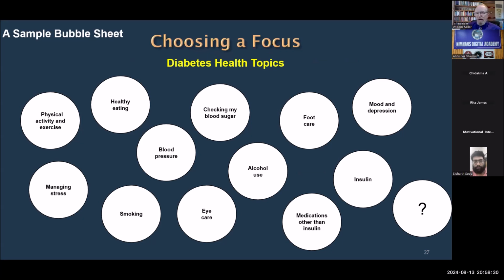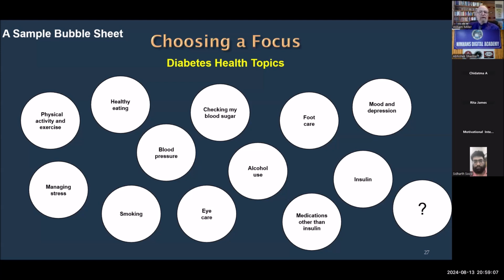Here's something we developed that we call a bubble sheet. And this one is pertinent to diabetes, but it could be pertinent to whatever topic you're talking about. But notice there are a number of bubbles here, and each one of them has a possible change. So if you are a primary care physician, for example, you might say, well, we have a few minutes today still that we could talk, and here are a number of things that we could be talking about. Which of these might you like to talk about in the time that we have left today?